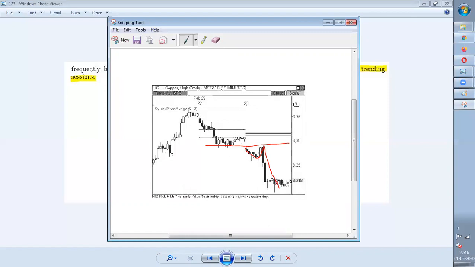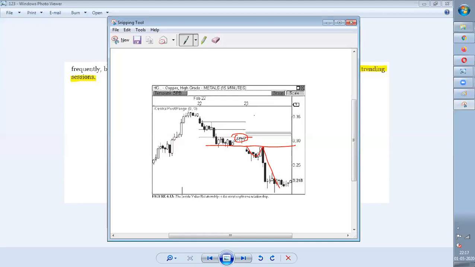What was written in the book is also, suppose the market does not give a breakout, for example, this market does not give a breakout. If the previous day session has closed over here, and the next day is also opening over here, then we have to assume that the next day will also remain range bound. It will not give a breakout. Clear? Whenever an inside value area forms, it majorly gives a breakout, and then the trend continues, so keep a watch on it.